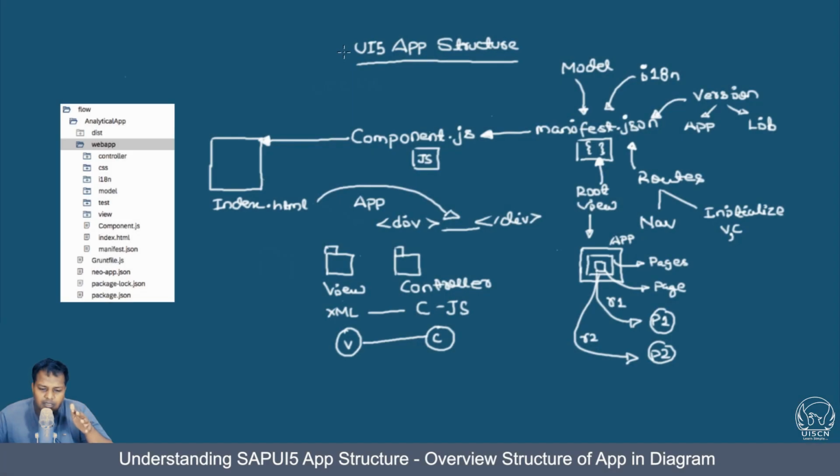Okay, so let's overview this particular app. In the app, you can see there is a dist folder. For now, we don't talk about what a dist folder is. It is something which is created when we build the application for production. But for the beginner level, let's try to avoid it and not discuss it. The other details are inside the webapp, where we have a folder structure, and the main file from where the app starts is the